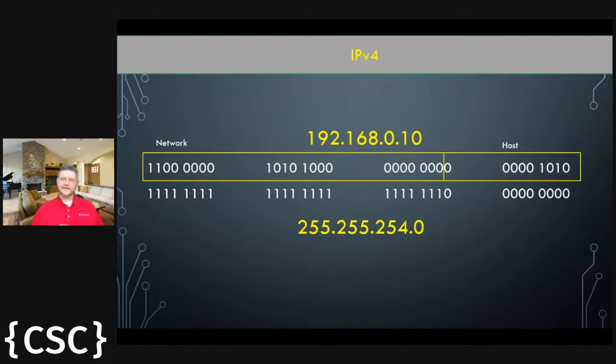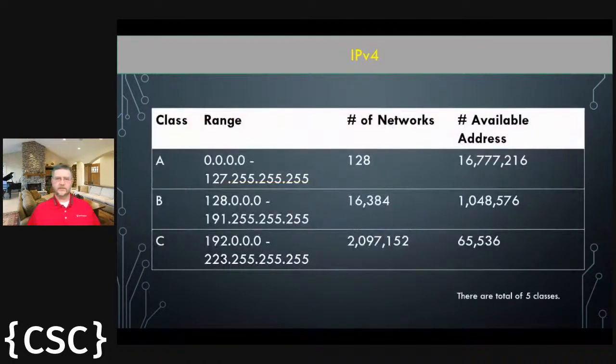Well, there are classes of these addresses. So this is where we're going to begin, when we look at the classes A, B, and C. Now, technically, there are 5. Generally, you're not going to ever worry about D and E. So everything else is dealt with in the A, B, C classes. So 0.0.0.0 up through 127.255.255.255 is a class A range. Class B is 128 up through just shy of 192. And then class C is 192 and up through 223.255.255.255.